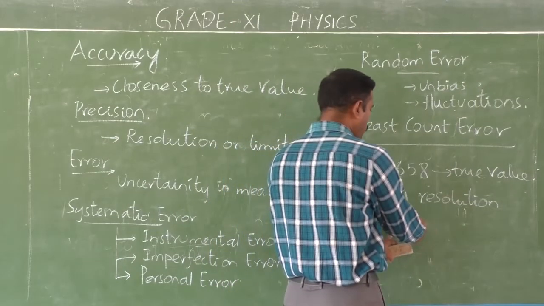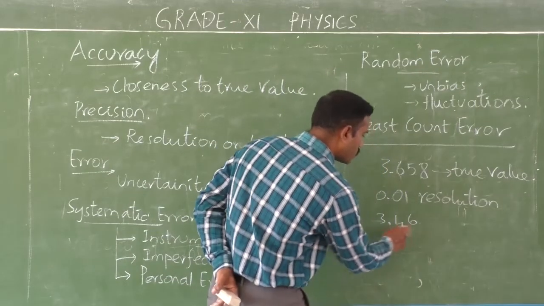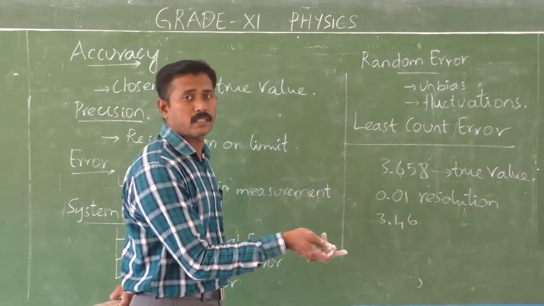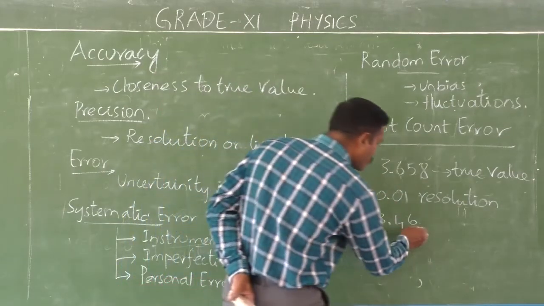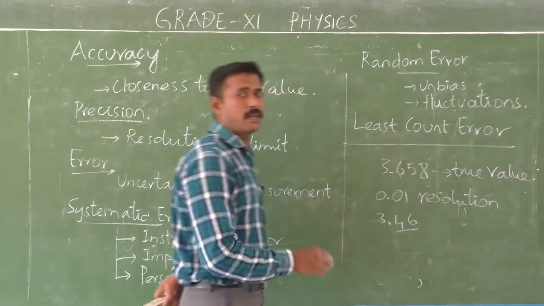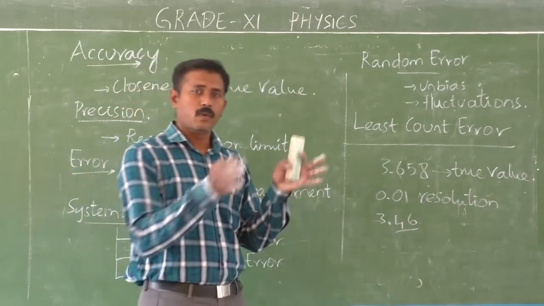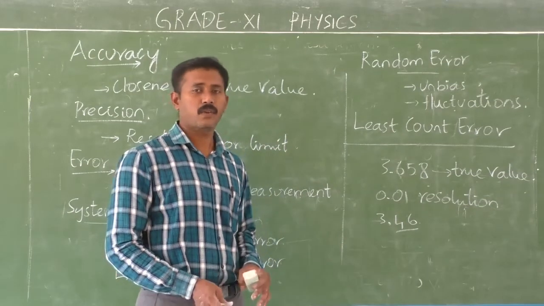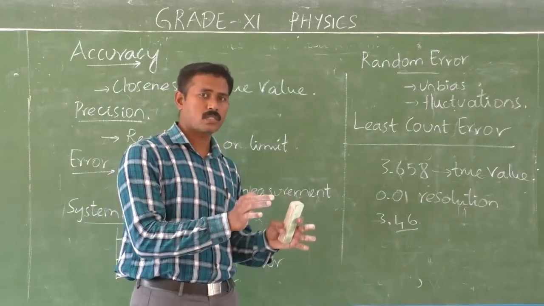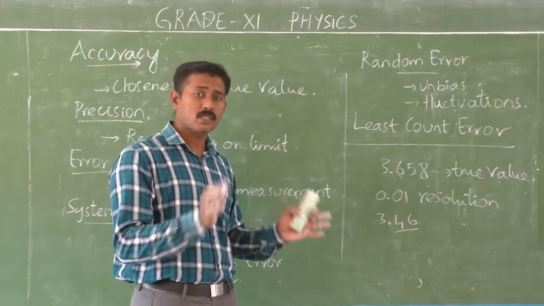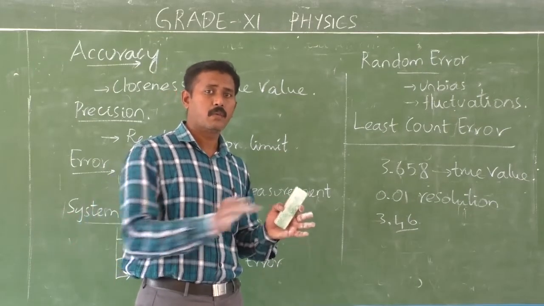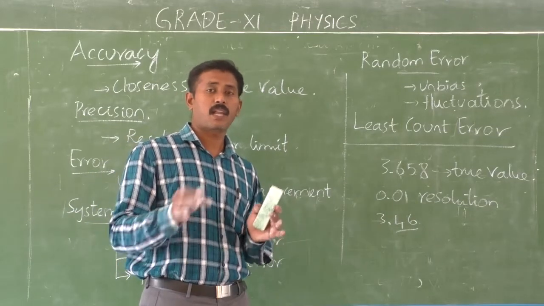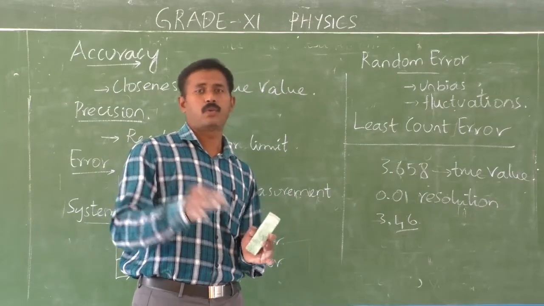Since the third digit, the value after the decimal, is more precise compared to the previous one, there is a difference between accuracy and precision. Accuracy shows only the closest value. Precision shows how far the value can be measured, to what extent the value can be measured to a true value.